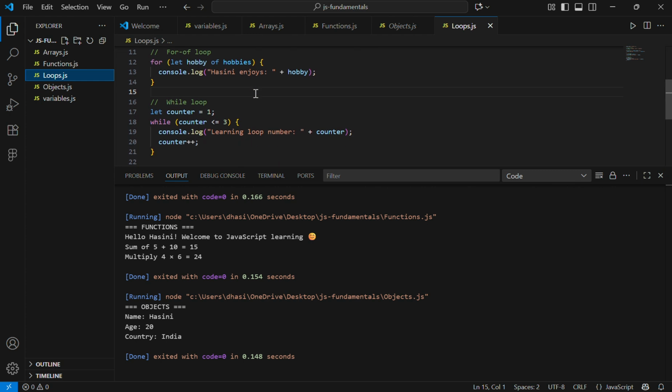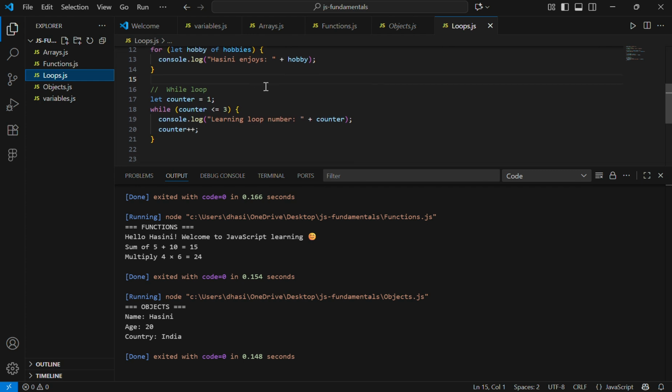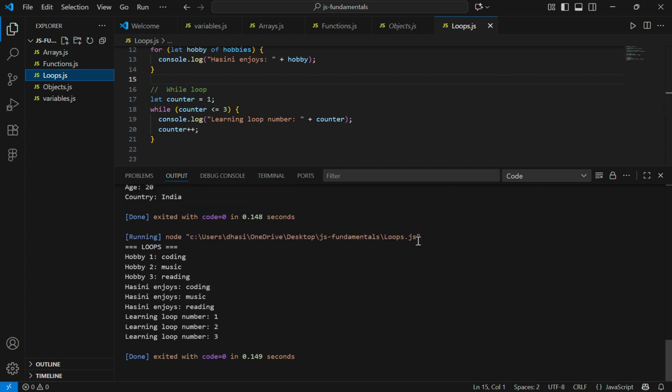The while loop continues until a condition becomes false. Here it counts from 1 to 3. Running this code shows all my hobbies and the learning count. So in this demonstration, we learned variables store data, arrays store multiple values, functions are reusable